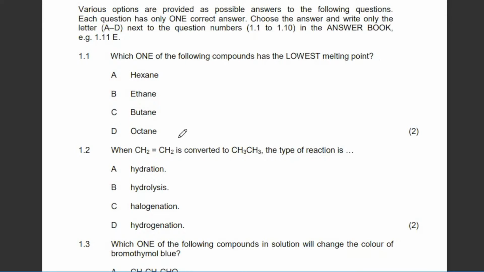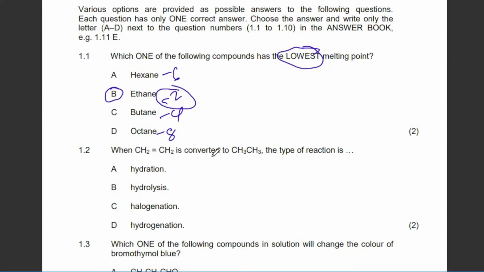So if you look at this, they're saying which one of the following has the lowest. This is the key point, the lowest boiling point. Therefore, we look at a compound with a low number of carbon atoms. So the answer is going to be, because this one has 6, this one has 2, this one has 4, this one has 8. So it's this one which has the lowest number. So they're saying that when